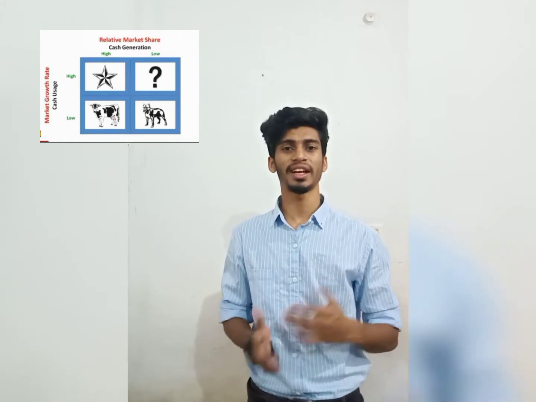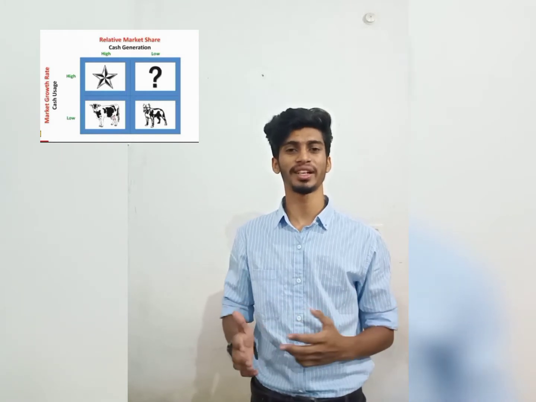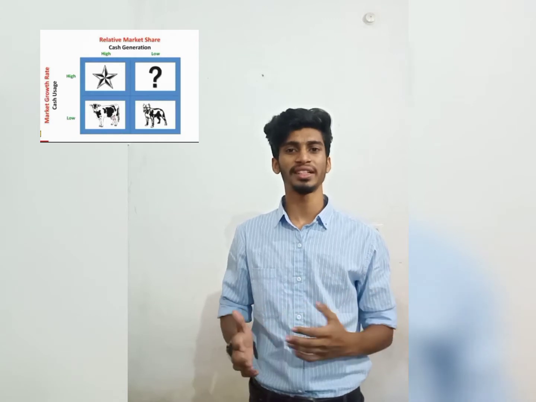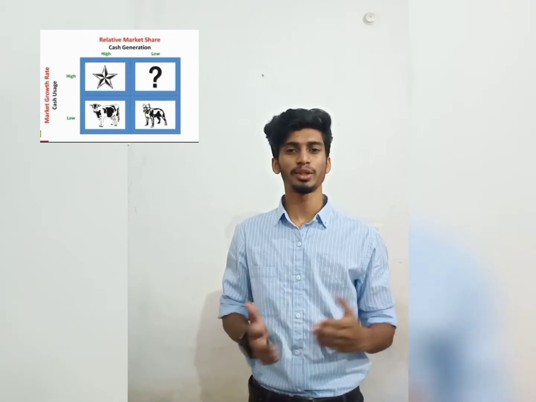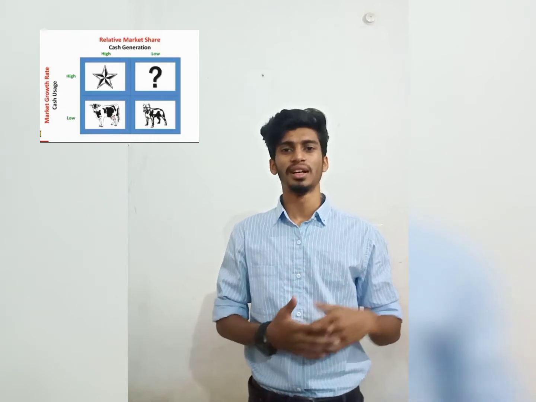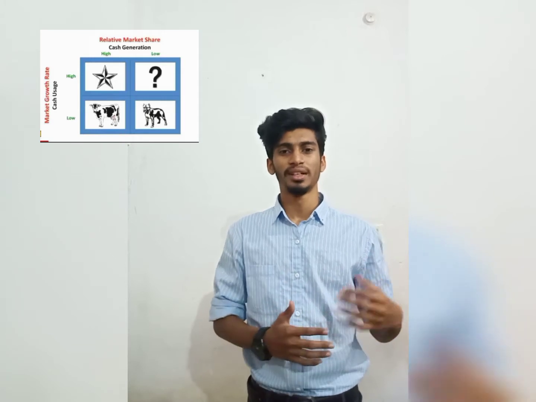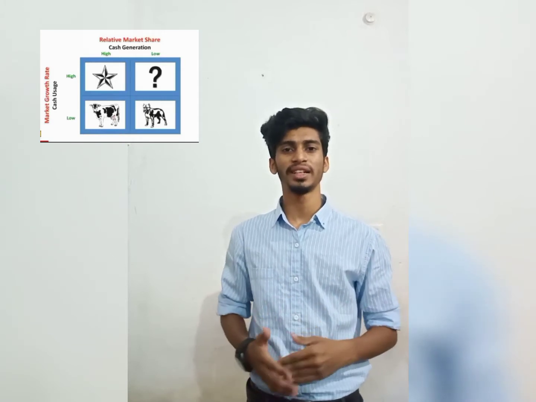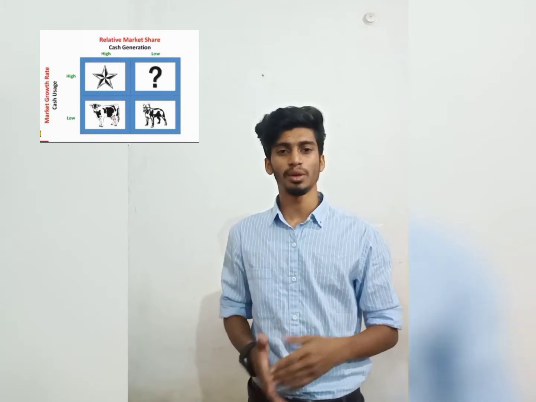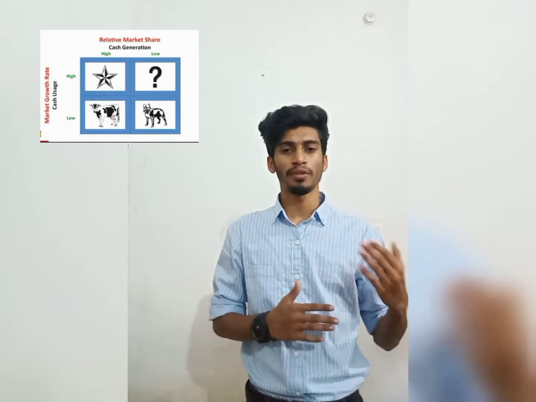The next one, the question mark, is the third part of the market, which exhibits a relatively high growth rate, but the company's or the product's share is low. We are talking about a high market growth rate and a relatively lower market share. We call it a question mark or a problem child. And the last category is where the market share is very low and the market growth rate is also very low. These products come under the dog category.